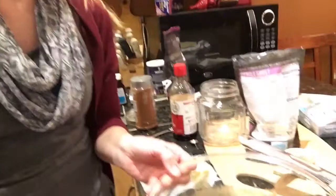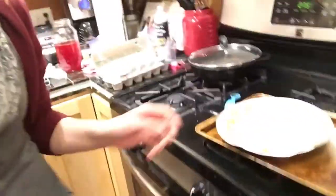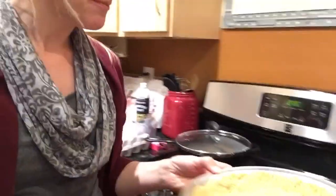Hi, I also am making a pecan pie. It's from, I think it's called Pickled Okra by Charlie or something. I have to double check that website, but I have the filling mixed up here. I just need to throw some eggs in, and I already made and pre-baked my little press-in crust using baking blend,